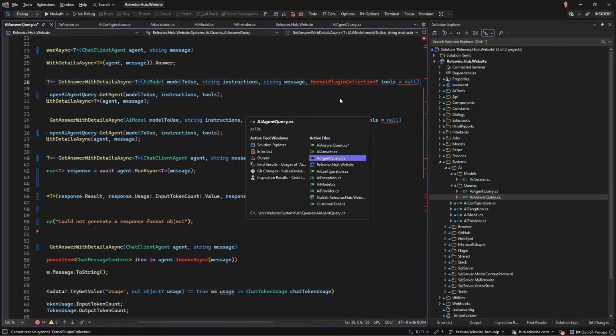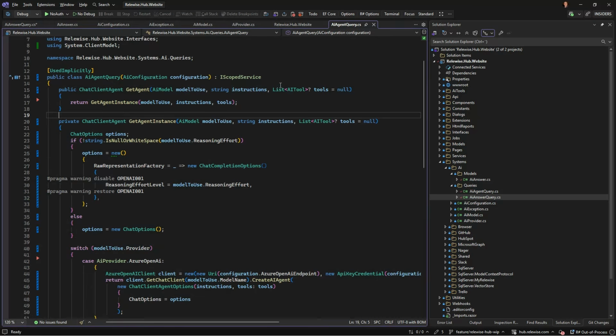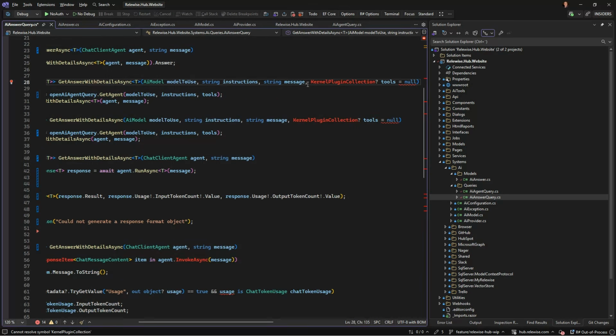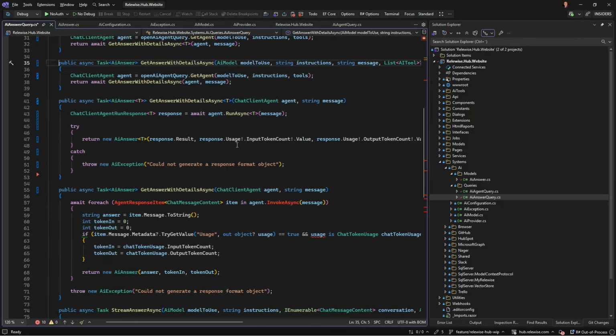Let's check the agent query. We made a list of AI tools. Let's hope that's correct, else we need to change it. And what is my time? Oh, still have a few.